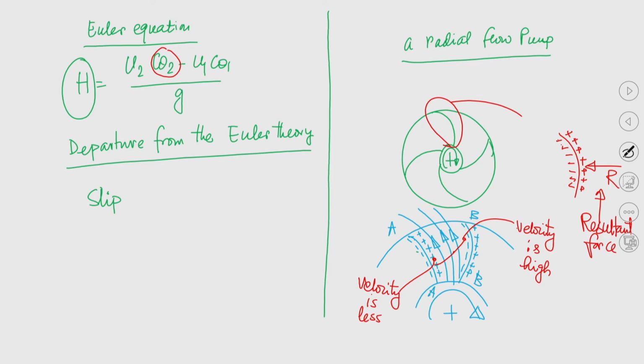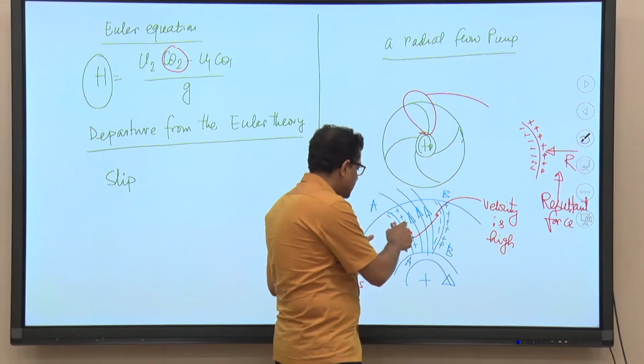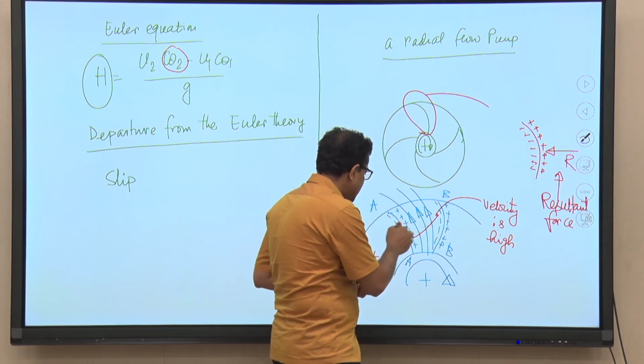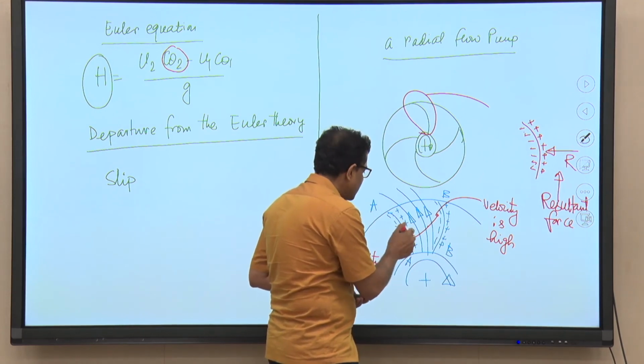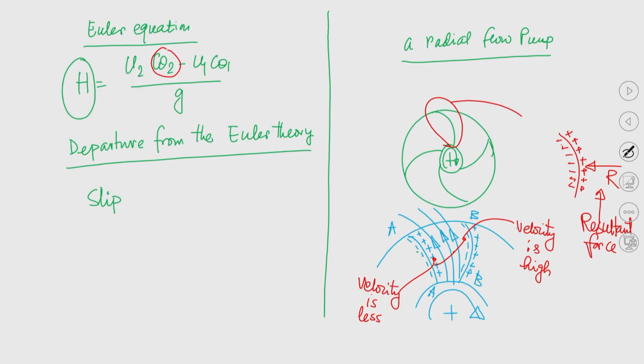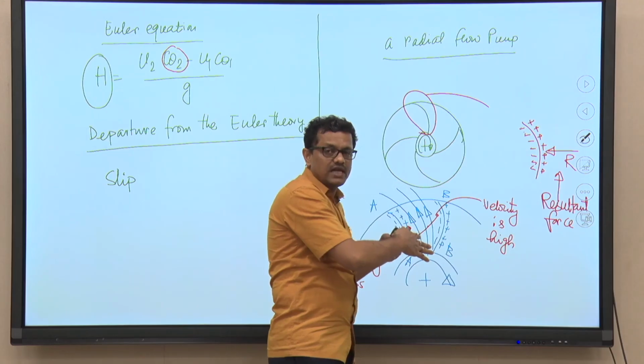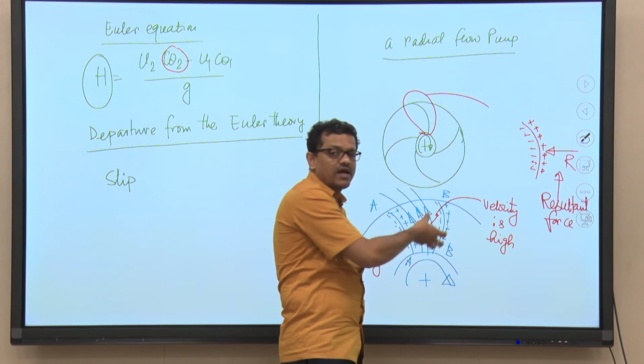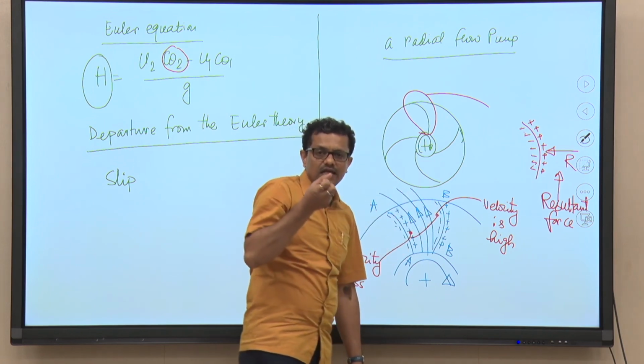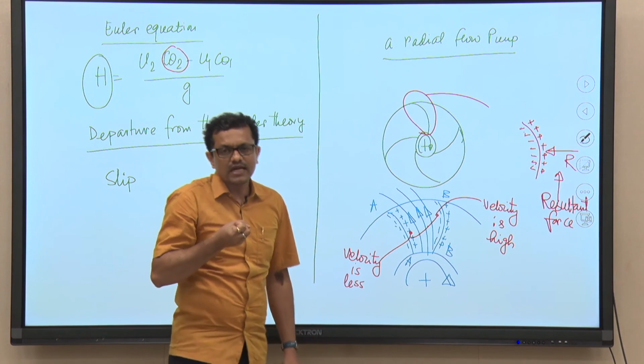Not only that, I will be discussing in the next class that there will be a circulation because of this. Here the pressure is very high, velocity less, here pressure is less, velocity high. So, there will be a circulation around the blade, also there will be another circulation around this blade. Because of this circulation in the flow passage we will have the formation of eddies. When the eddies form, they will try to sustain in the flow field, and while they are sustaining they will try to extract energy from the main flow. So, that is again loss.